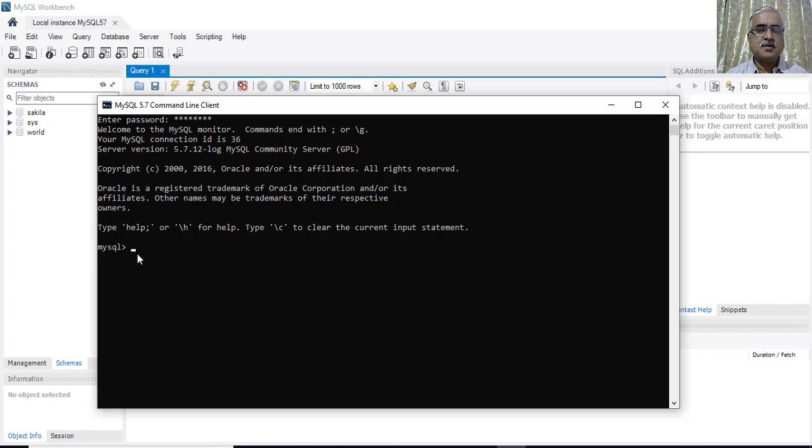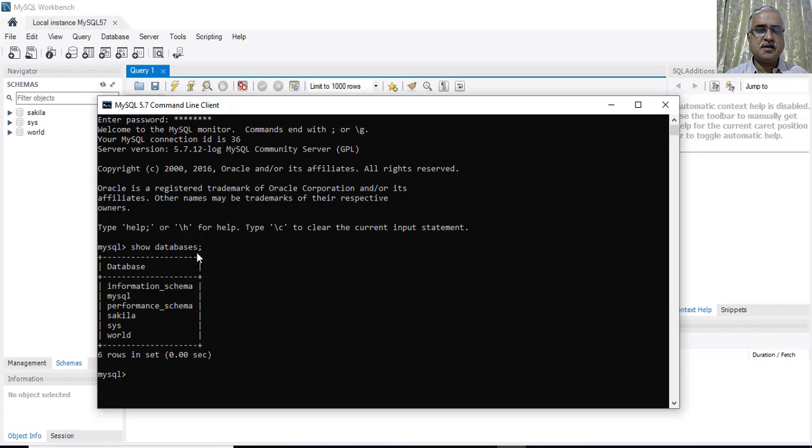Now if I want to execute any statement, for example, I will type an SQL query. You can see I have typed show databases, and this show databases is executed at the backend by myself.